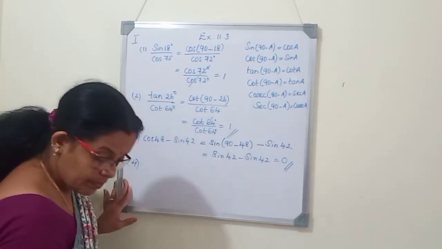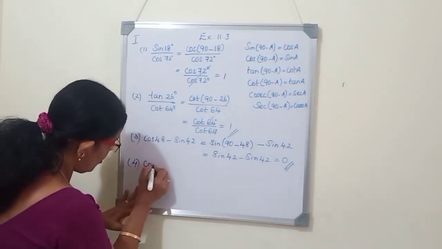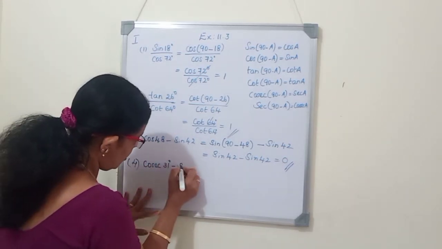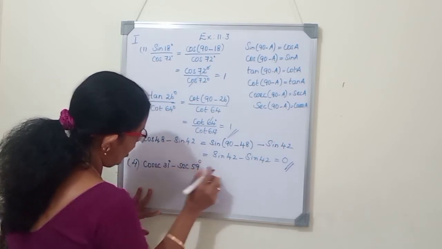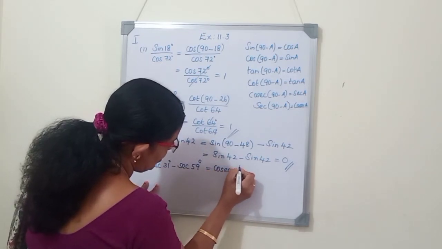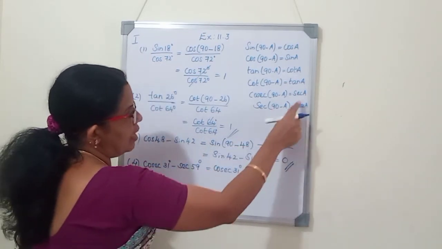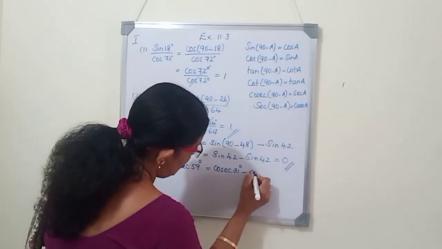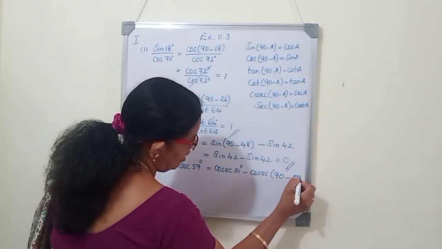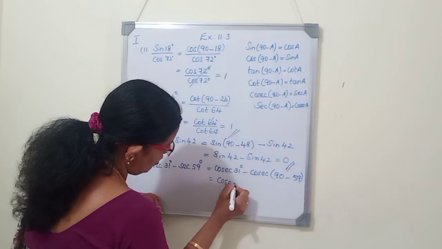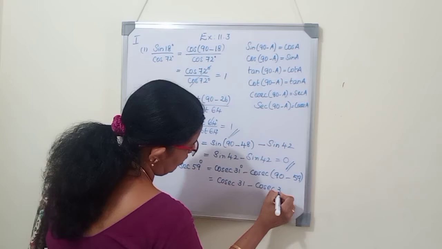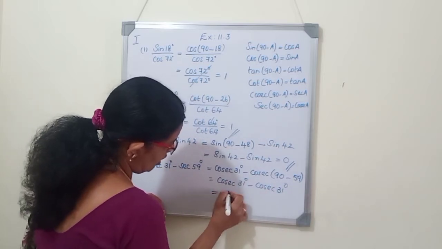So next question is cosec 31 degree minus sec 59 degree. So here I will change the second one. Any one you can change. I will write cosec 31 as it is minus what is sec? Sec is cosec 90 minus A. So we will write cosec 90 minus A, as it is 59 you will write, and cosec 31 minus cosec 90 minus 59 is again 31 degree. So cosec 31 minus cosec 31 is 0.